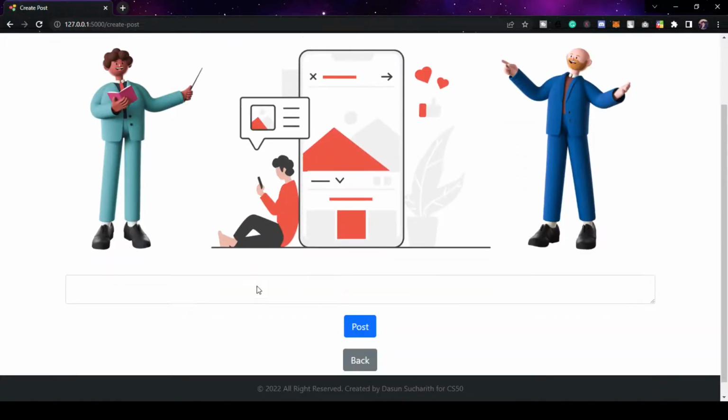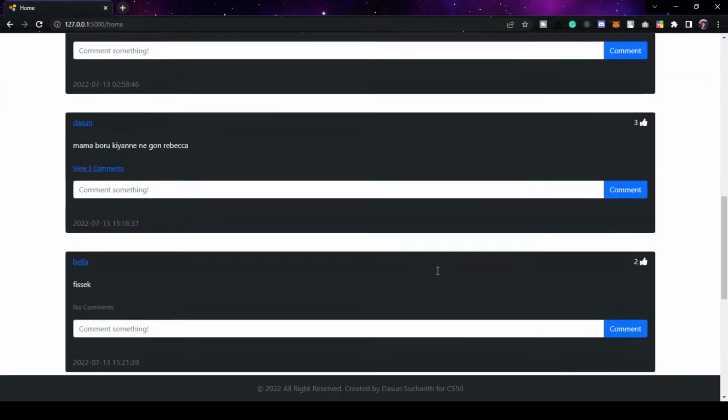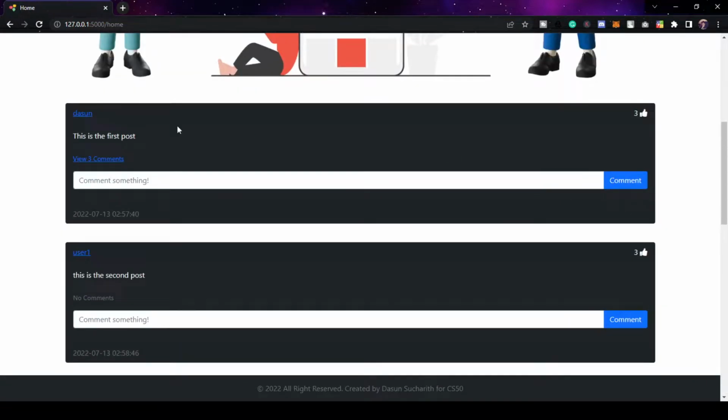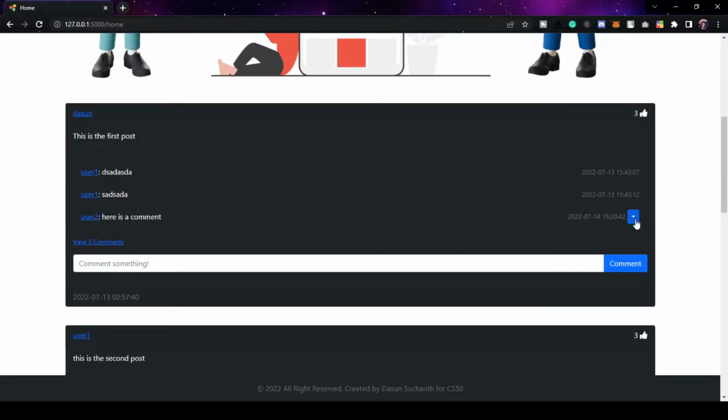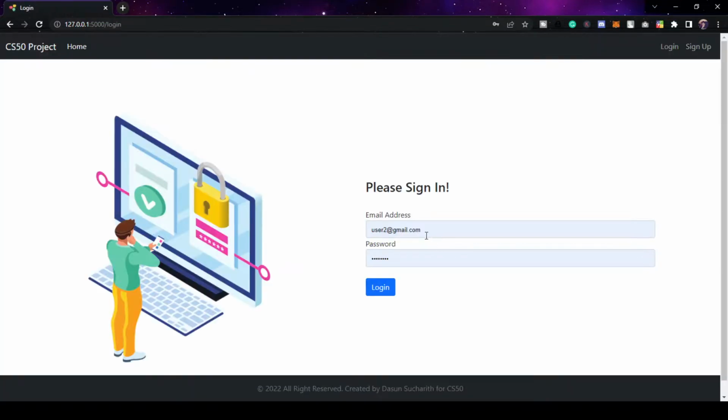and let's add something again, and it will appear here. I can remove my comments if I don't want them like that. So if I log out, I'm going to log into another account of mine,